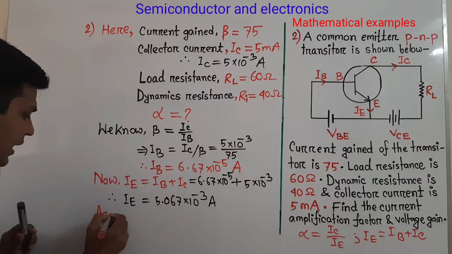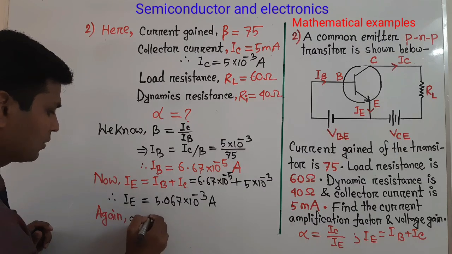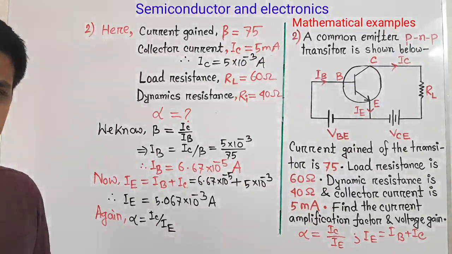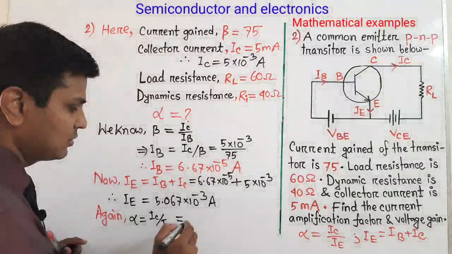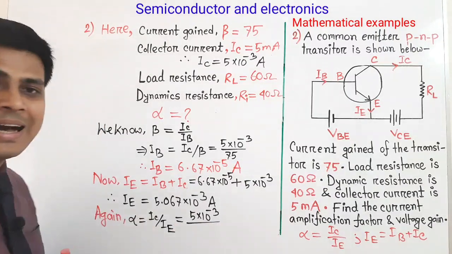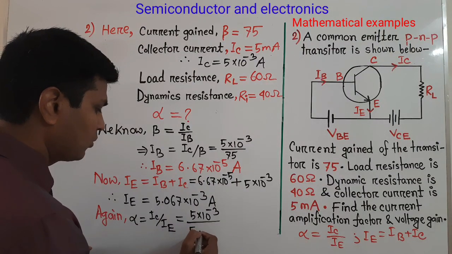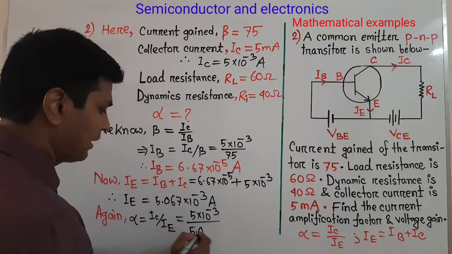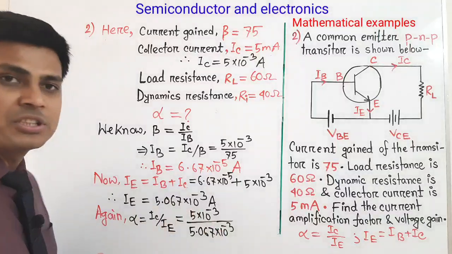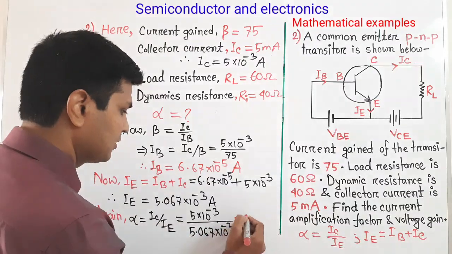So you can write here, again, we know alpha equals IC divided by IE. Now if you put the value of IC, which is 5 into 10 to the power minus 3, and IE is the current of the emitter, whose value we have already calculated, 5.067 into 10 to the power minus 3, and after calculating these two expressions, we will get the result of alpha is